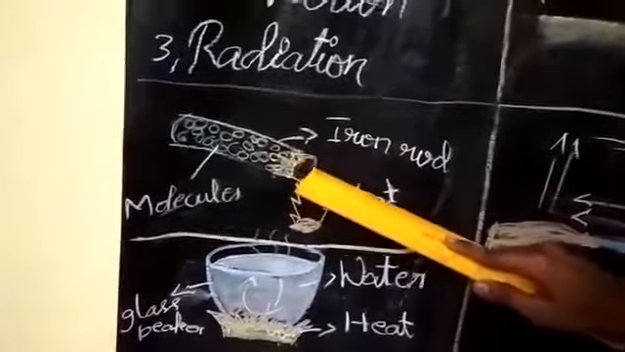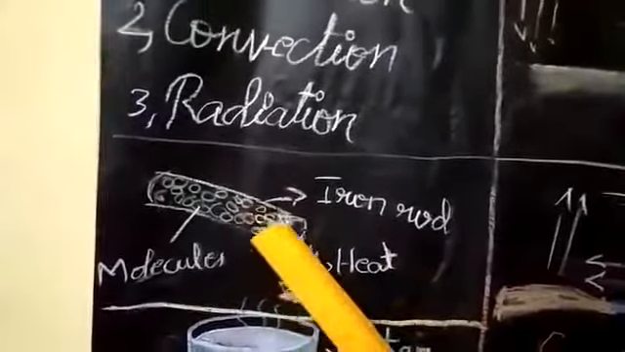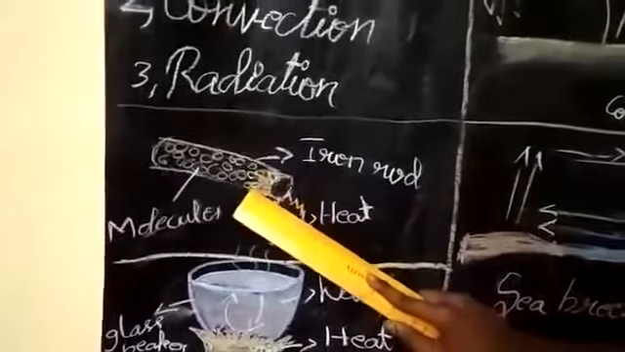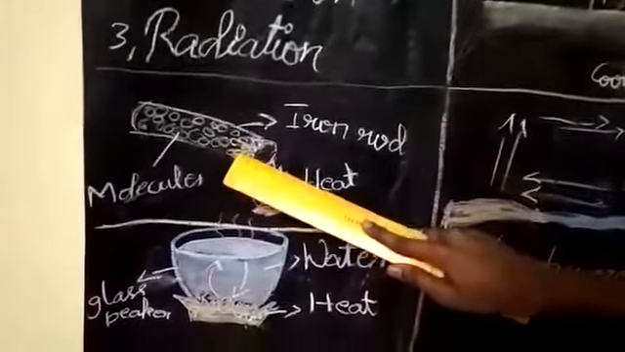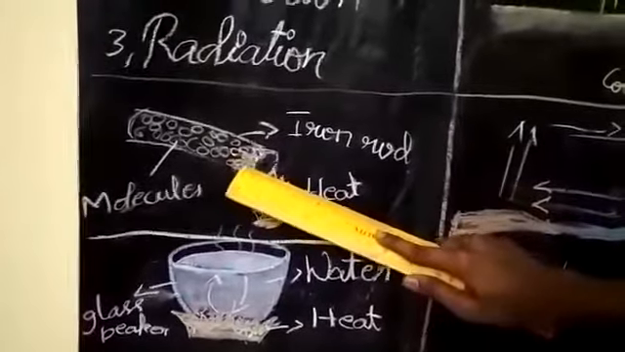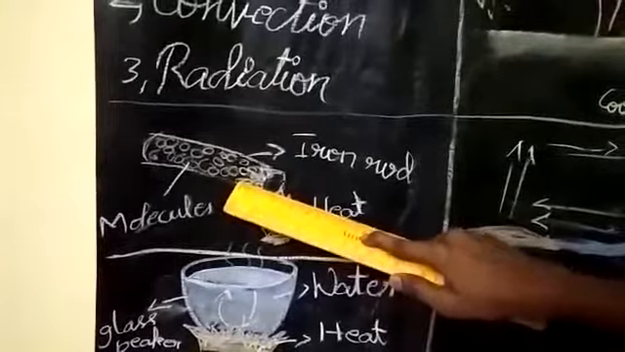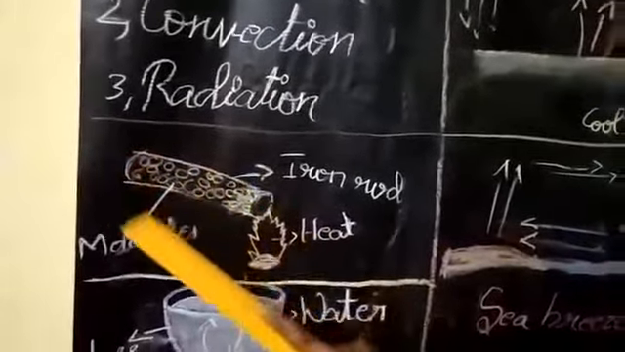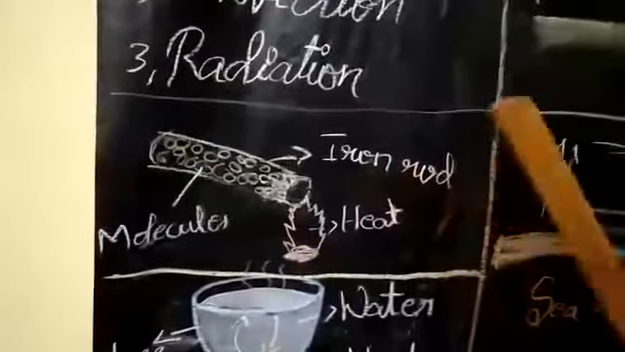at the bottom of the iron rod will start to vibrate faster, and when it vibrates, it touches the near molecule and passes the heat energy to the near molecule, and the receiving molecule starts to vibrate and it touches the near molecule and it also gets heat energy. This process will continue till all the molecules in the iron rod get heat energy. This is called conduction